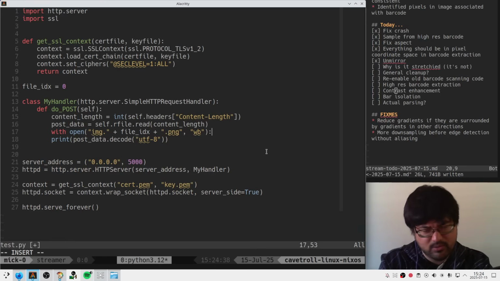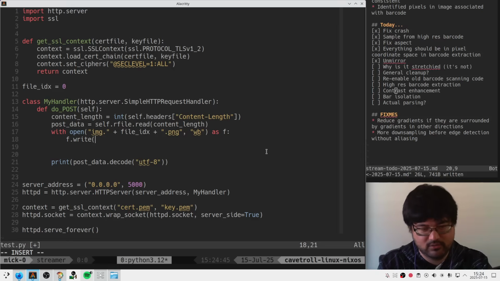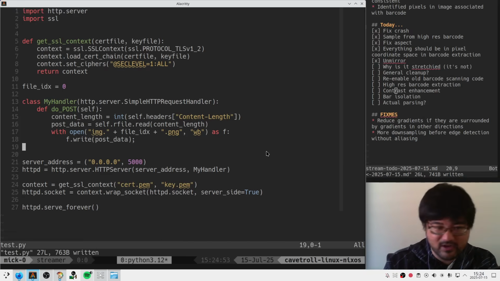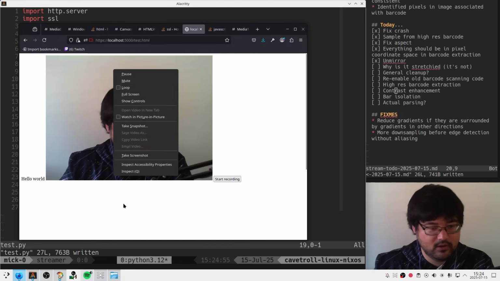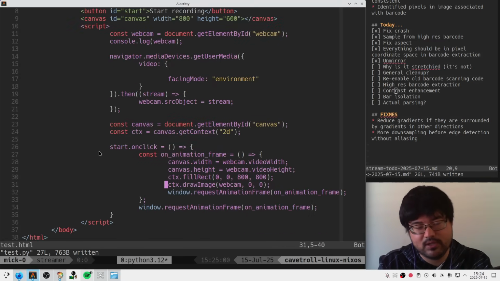Write binary mode, and then can we just f.write whatever the post data is? Surely, right? Surely. And then all we have to do is from here, in our little JavaScript, just be like